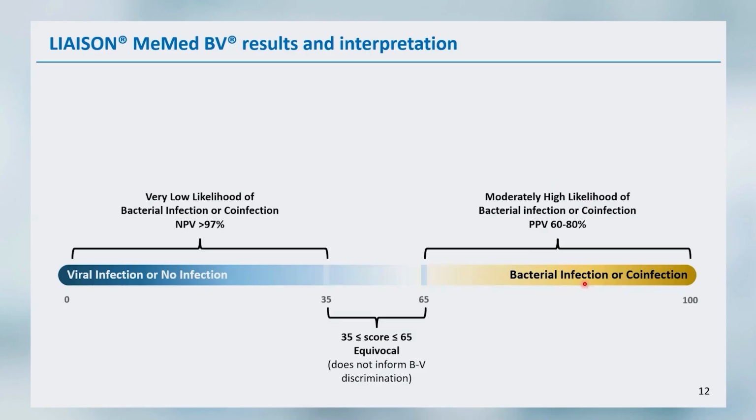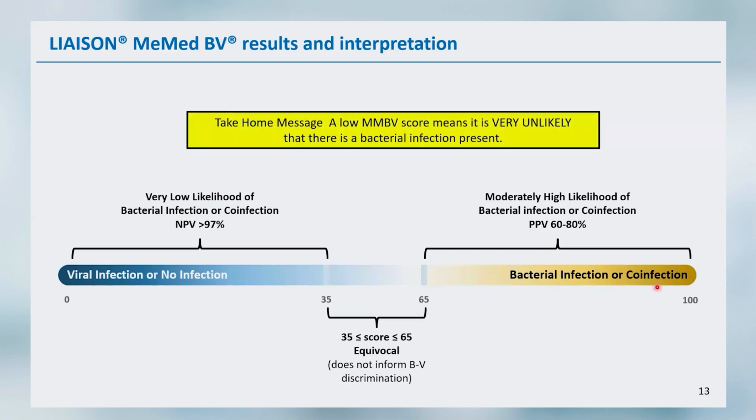But if you have a high score, the default treatment is with antibiotics, which is the safe treatment for patients who have a score in the high area. So the take-home message here is that a low MeMed-BV score means it's very unlikely that there's a